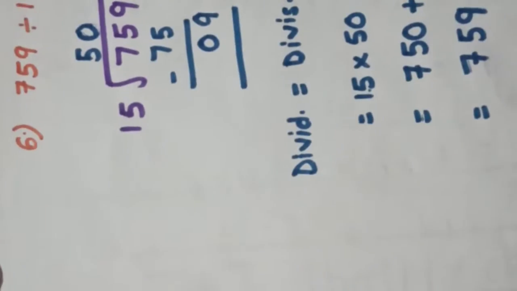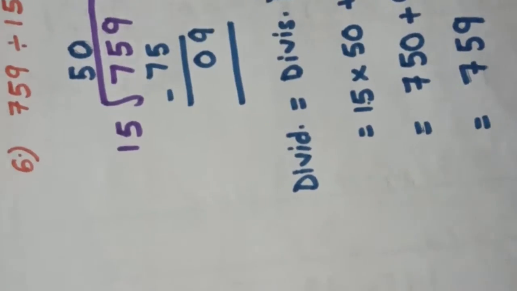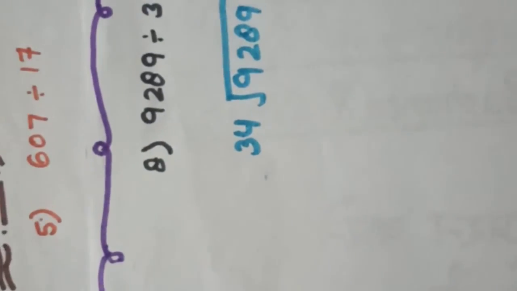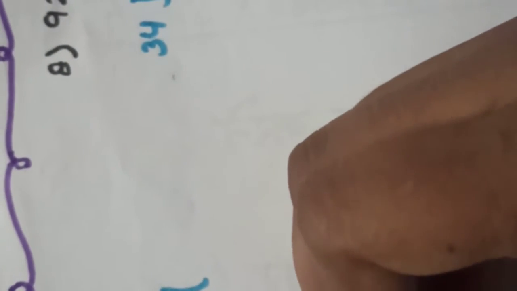Okay, so this is how we have done these sums. Now let us move on to the next ones. See, question number 7 says we have to divide 4287 by 21, right? So now students, what we need to do is read out the table of 21 until 42, or any number less than 42 will come.